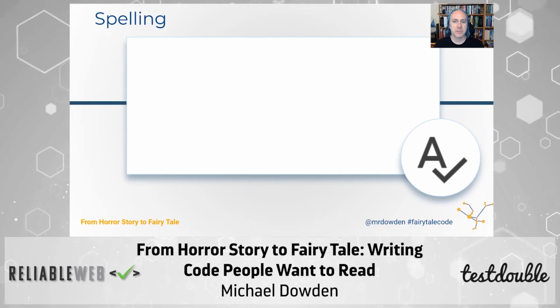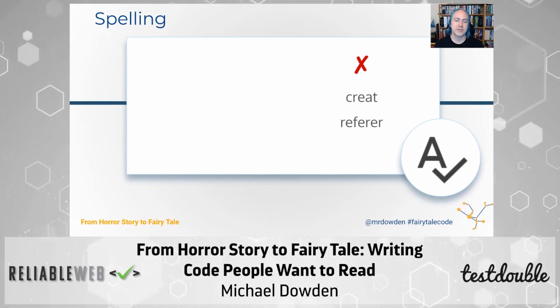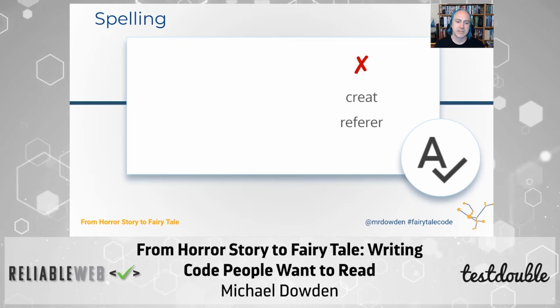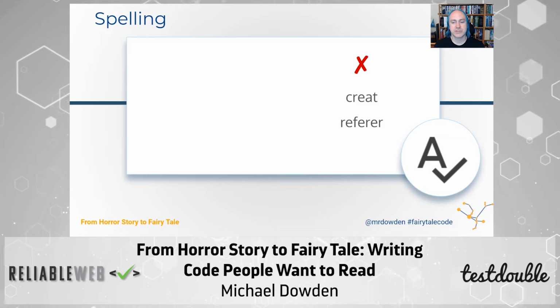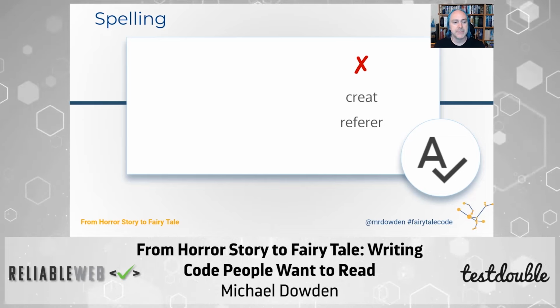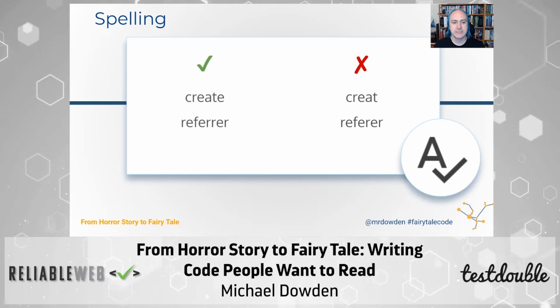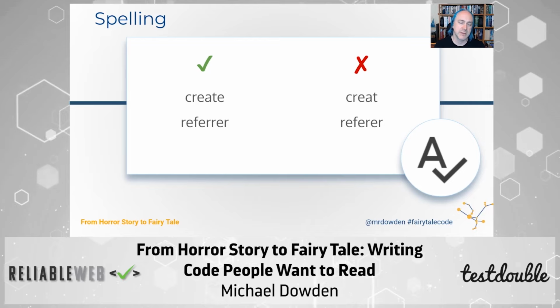We mentioned spelling. What's a way around that? Use a spell checker and include spell checks in the code reviews. This is a really fun one. Creat was a C function for at least for many years. I don't know if it's still that or not. I haven't looked, but it really means create. It was abbreviated. The E was dropped. It was misspelled, whatever. But that can be really interesting.